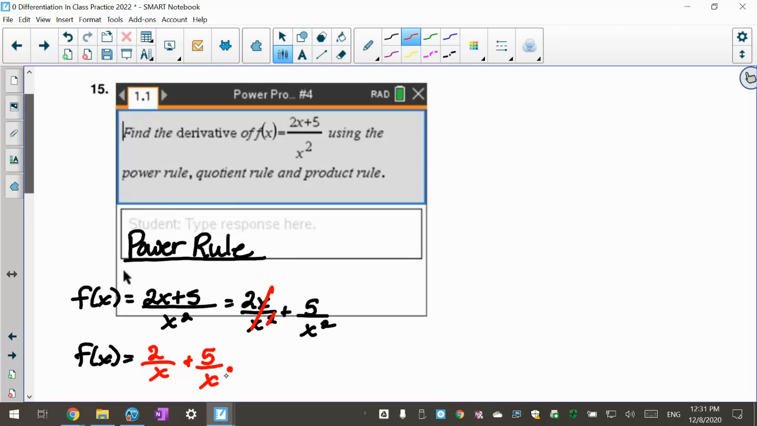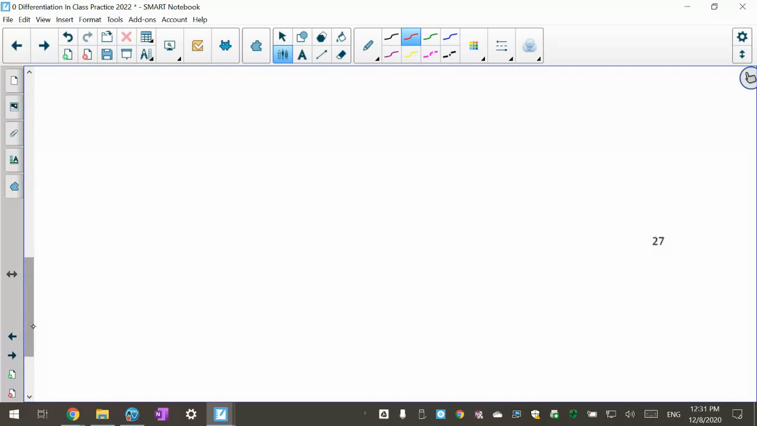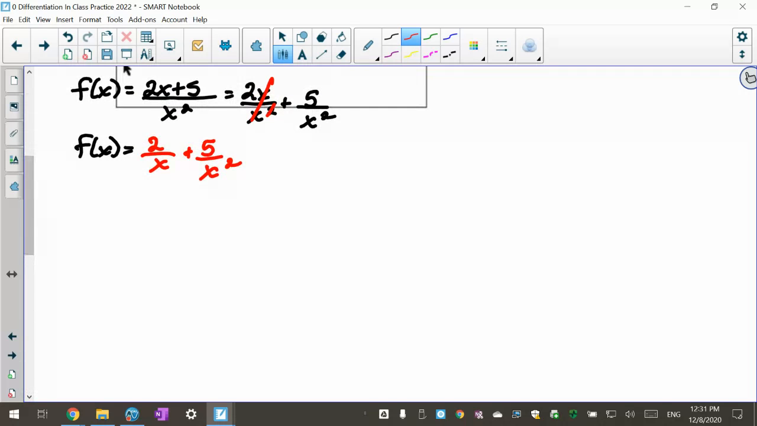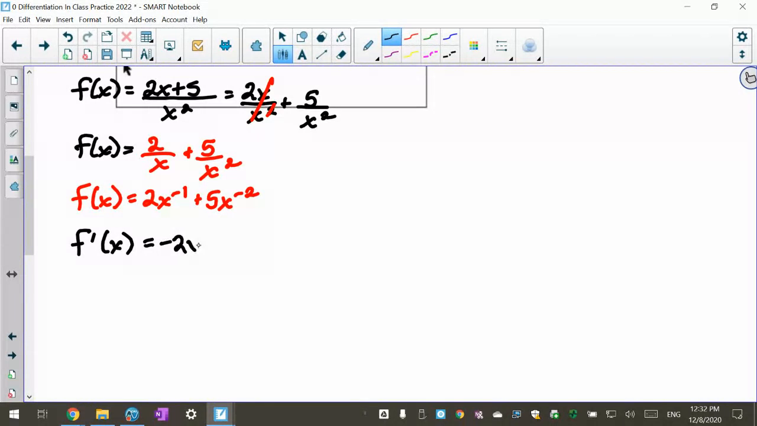It's almost there. Now I'm going to write it in a form that I can actually do the power rule with. And that'll be 2x to the negative 1. I'm going to bring it up. Plus 5x to the negative 2. So this should be getting easier for you because we've been practicing this. Now I'm going to actually do the derivative. And the derivative, f prime of x, is going to be negative 2x to the negative 2